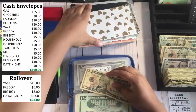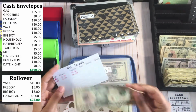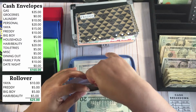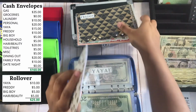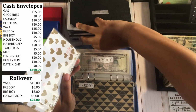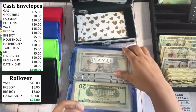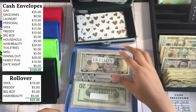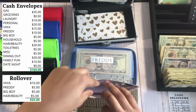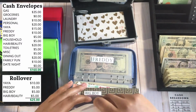Yaya has 10. We're going to go ahead and take that out and add that to her rollover envelope. So now Yaya has 20. Okay. Freddie has 5. I'm going to go ahead and take Freddie's 5 out. And now Freddie has 15. And we're going to add,